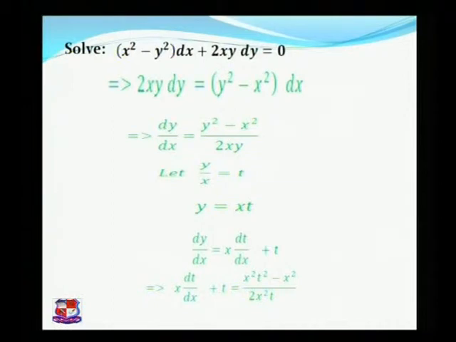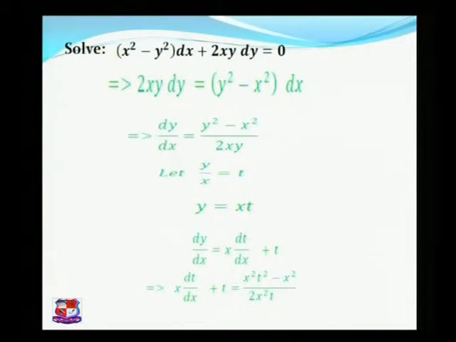Here in y square there is a y raised to 2 and x raised to 0, so addition is 2. In x square there is an x raised to 2 and y raised to 0, so addition is 2. And in the denominator there is x raised to 1 and y raised to 1, so addition is equal to 2. So the numerator is a homogeneous function of degree 2 and the denominator is also a homogeneous function of degree 2.